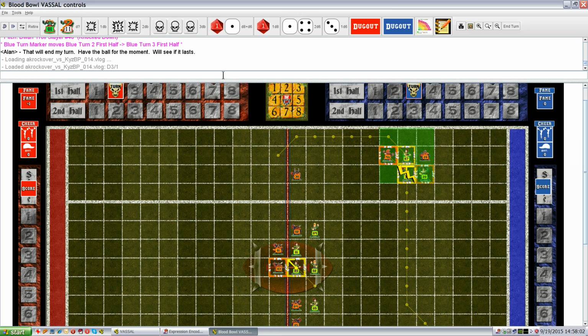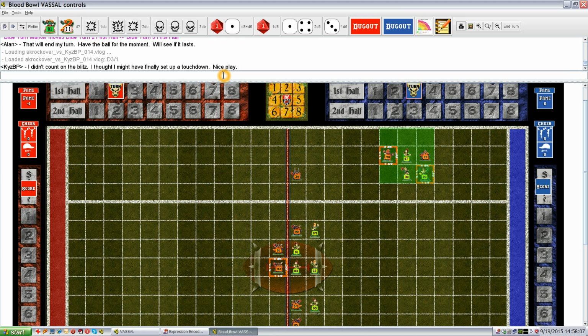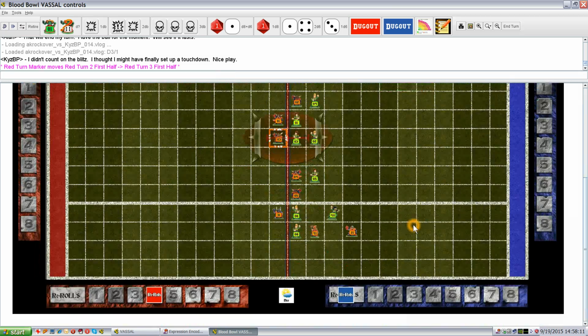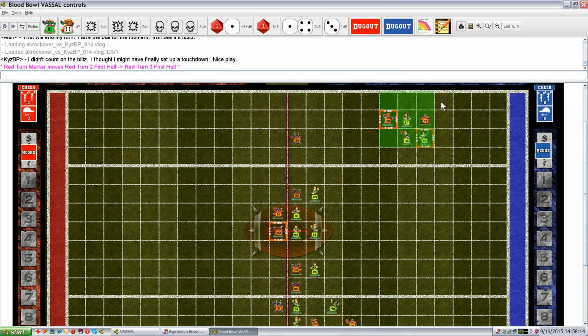And that was because it was an older version of the module. And then my opponent picks up. And so we can go through the entire game and watch this entire game that was recorded by these guys. At the end of your turn, if you hit the end turn button,